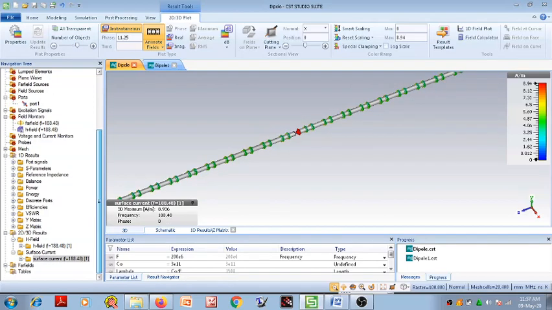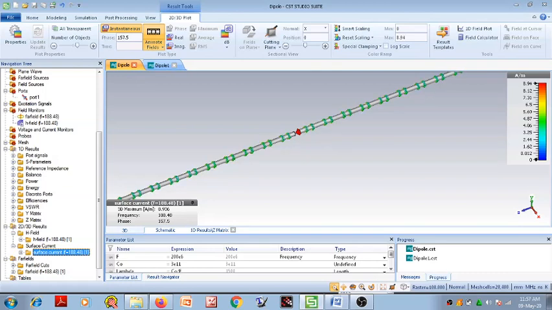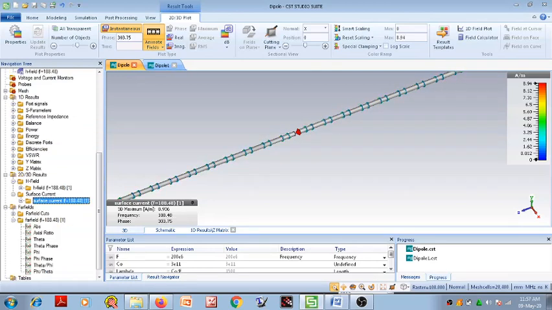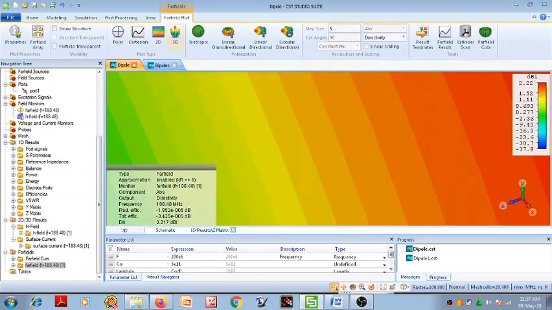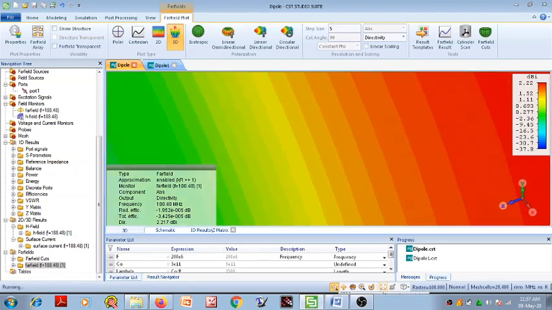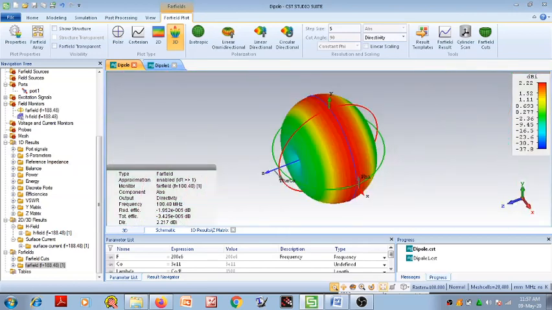Okay, and our next interest is to find out the value of gain of the antenna. So I click on far field at f equals to, so resize the window. Okay, the gain of our lambda by 2 dipole is 2.22.